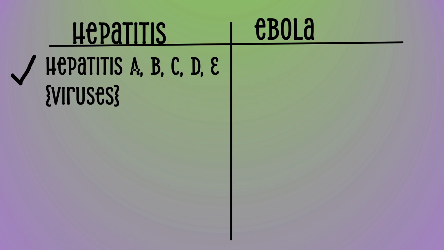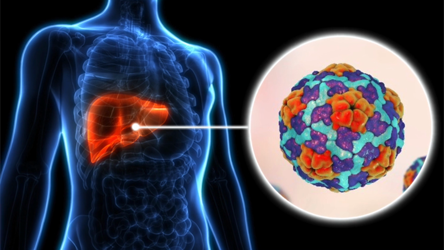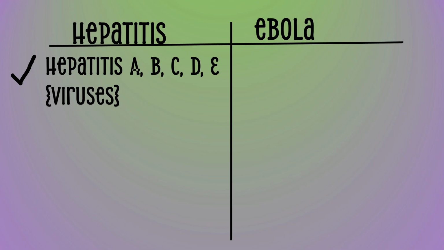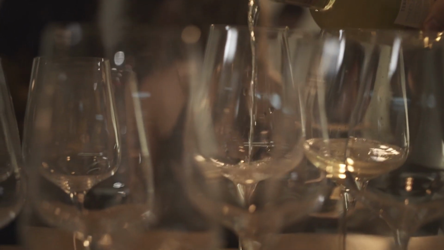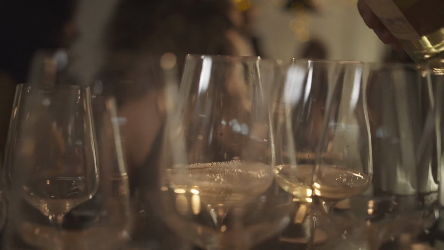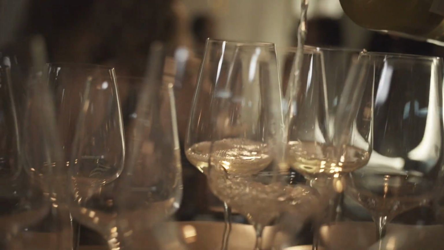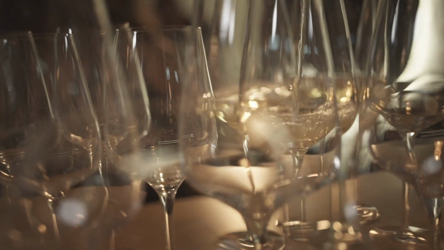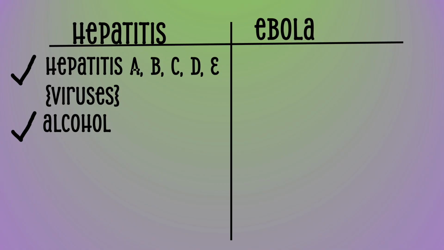This disease can be caused by several things, starting with infection by virus, specifically hepatitis A, B, C, D, or E. Another cause is excessive alcohol consumption. You can remember maybe from our alcohol video, we talked about how alcohol is broken down in our liver. So you can imagine if we consume too much alcohol, then some of the toxins that are made by that metabolism can build up in our liver and cause disease or inflammation.